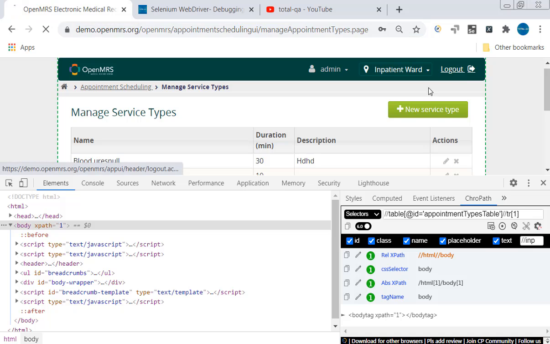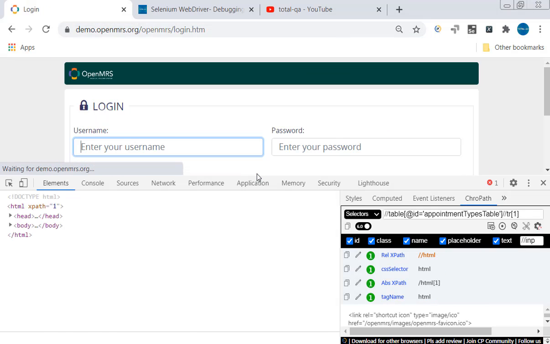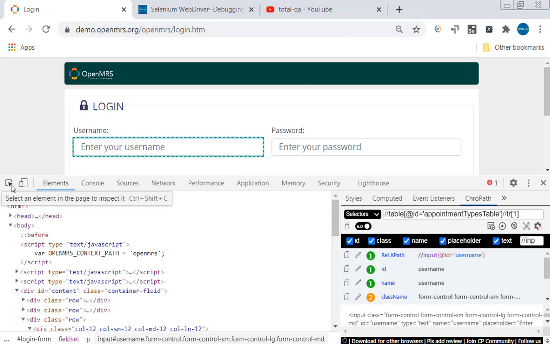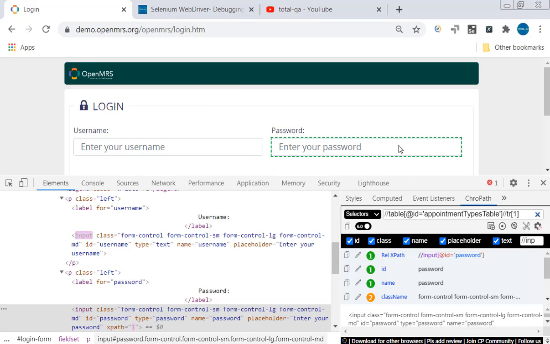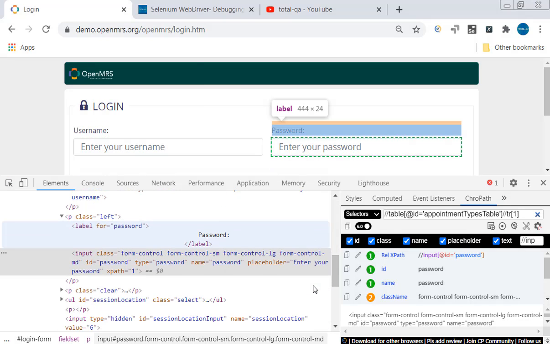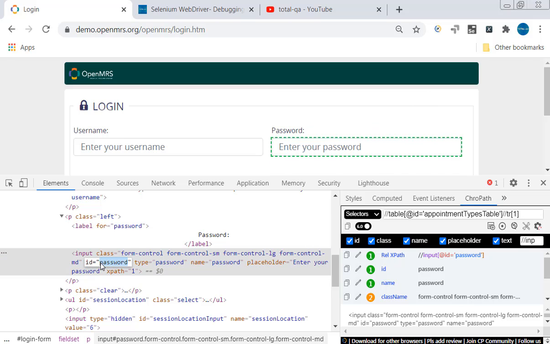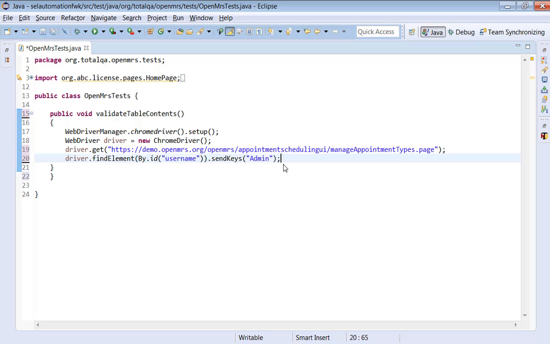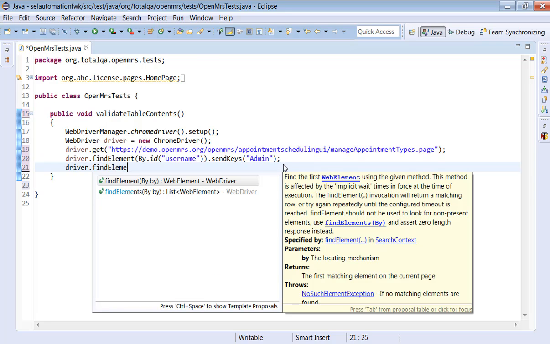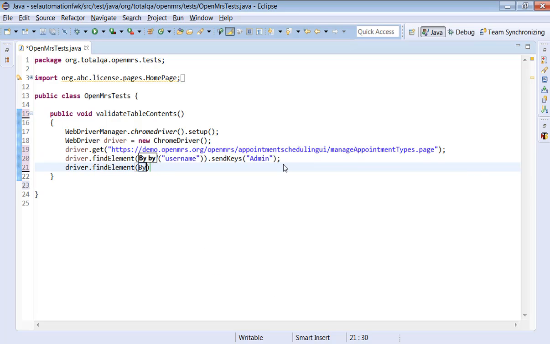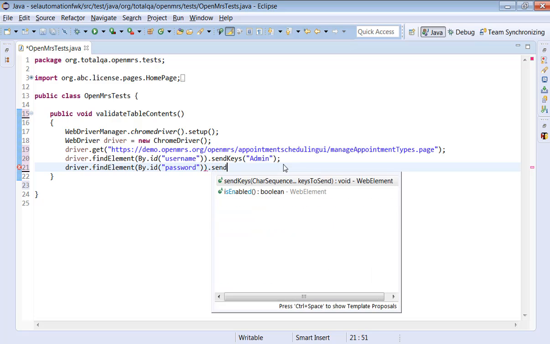Similarly, let me log out and find out the information for password. For password, the ID is password. Driver dot findElement by ID password, dot sendKeys.